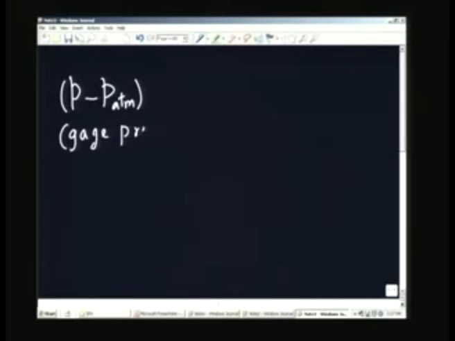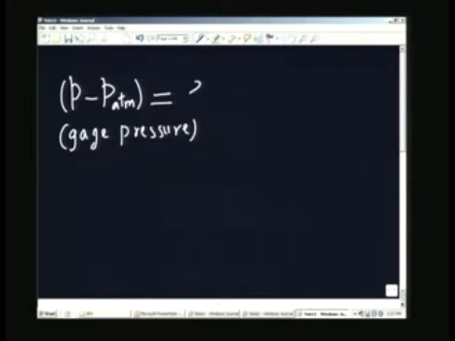I am just trying to introduce some of the terminology using this particular example. I am measuring the gauge pressure. If I am interested only in the absolute pressure, P will be called the absolute pressure. The gauge pressure plus the atmospheric pressure will give you that. However, I am interested only in the gauge pressure in this particular case. This is given by